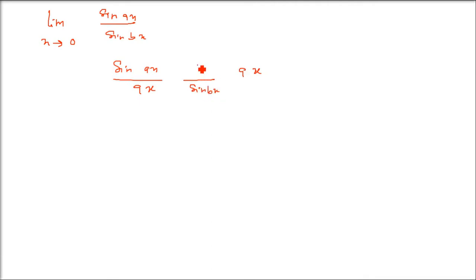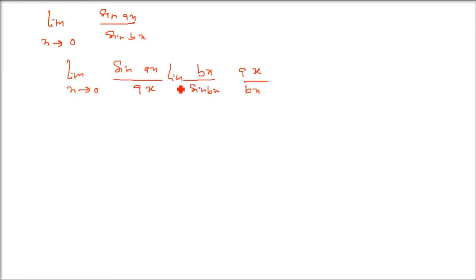Let me take an example so that you understand how we apply this. This is an NCERT question. We have sin AX by sin BX, and limit x tends to 0. So this is sin AX. Let us divide it by AX, and since we introduced AX, we have to multiply by AX. Sin BX in the denominator. Now let us have BX, and BX we have to again add because we have added it ourselves.